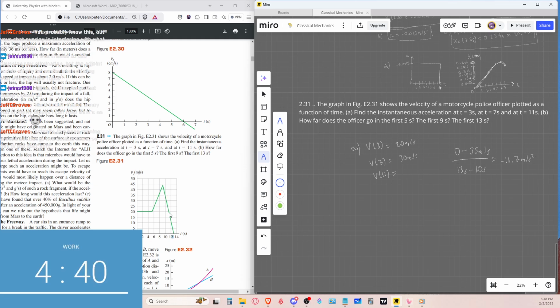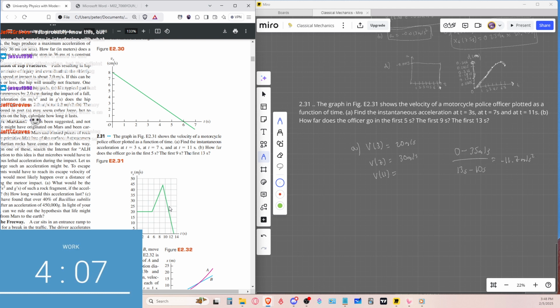Now I have to figure out, I don't want to guess here. The initial velocity at this point is 35, right? Yeah, then it'll be 35. So 35 plus,